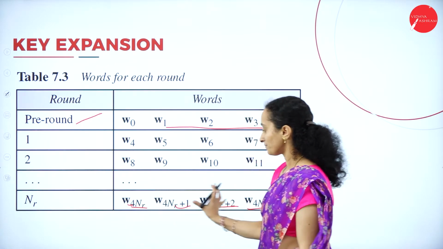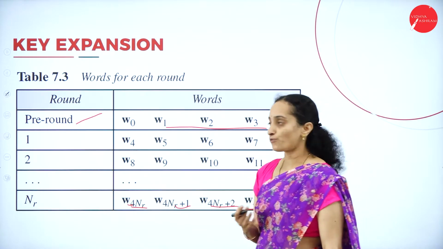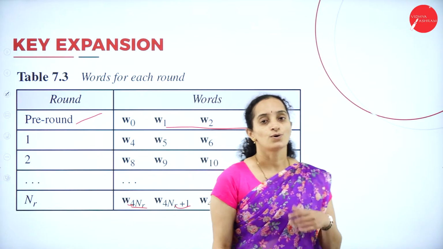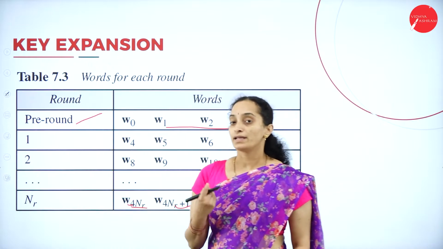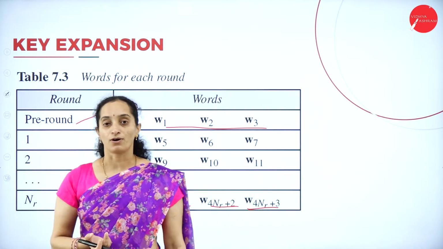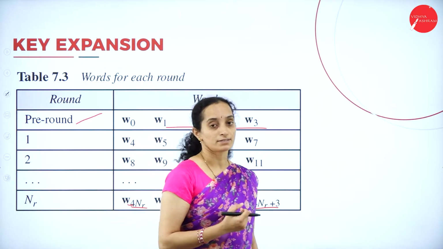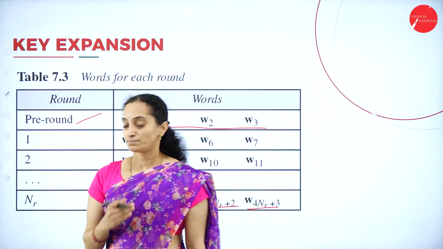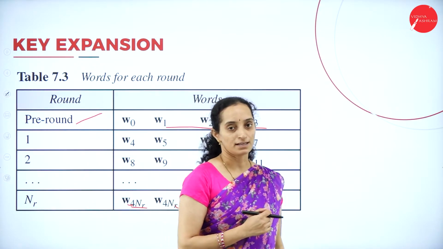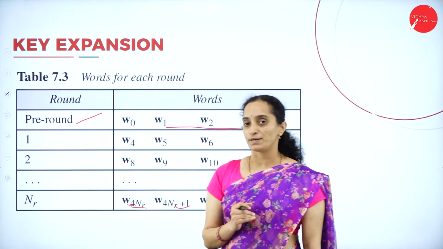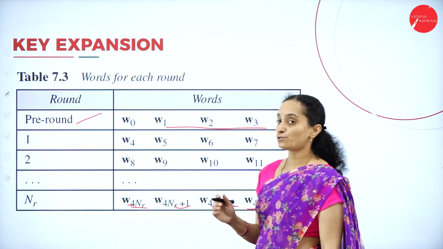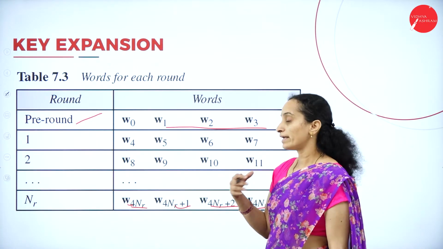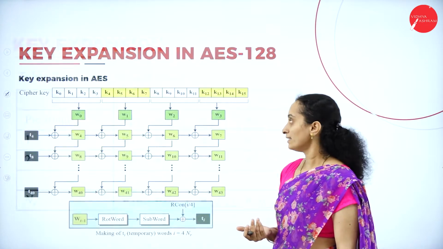You are going to generate extra 4 words in the round key. Why do you need this? It is to add extra security and make it difficult for the attackers or adversaries to access the key and get the plain text from the cipher key. Already we have 128 bits. Again we are adding 32 into 4 bits. One set of 128 bits is added extra in the key expansion procedure.